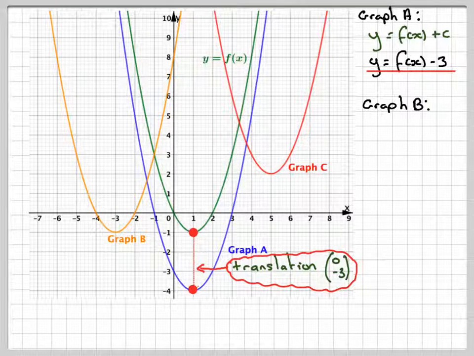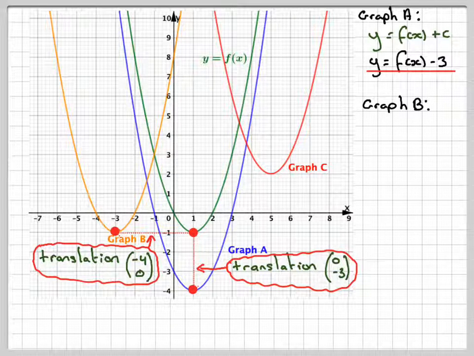Right, for graph B, this minimum point is moved to this point here. So it's moved from here to here. So that is a translation (-4, 0). That's 4 units. 1, 2, 3, 4. So